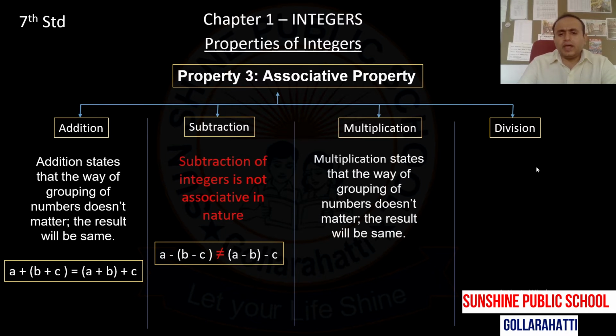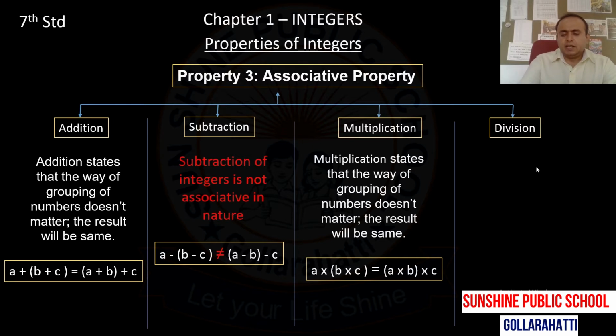Multiplication states that the way of grouping of numbers doesn't matter. The result will be same. Again, addition multiplication will be same. A into B or B into A, ಇಂದರ ಮುಂದೆ ಮುಂದೆ ಹಿಂದೆ multiply ಮಾಡಿದ್ರು ಕೂಡ ನಮಗೆ answer same ಬರುತ್ತೆ. ಅದೇ ರೀತಿ grouping of numbers, A into B into C is equal to A into B into C. ಇಲ್ಲಿ B into C ನಾವು group ಮಾಡಿದೀವಿ, ಇಲ್ಲಿ A into B group ಮಾಡಿದೀವಿ, multiply ಮಾಡಿದ್ರು ಕೂಡ